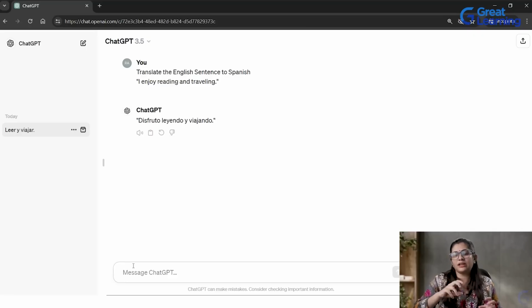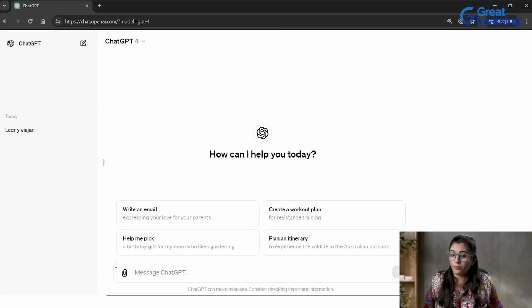Now take this article and translate it into Spanish for me. I can do that as well. So that becomes few shot for the same. In ChatGPT 4, there is an option